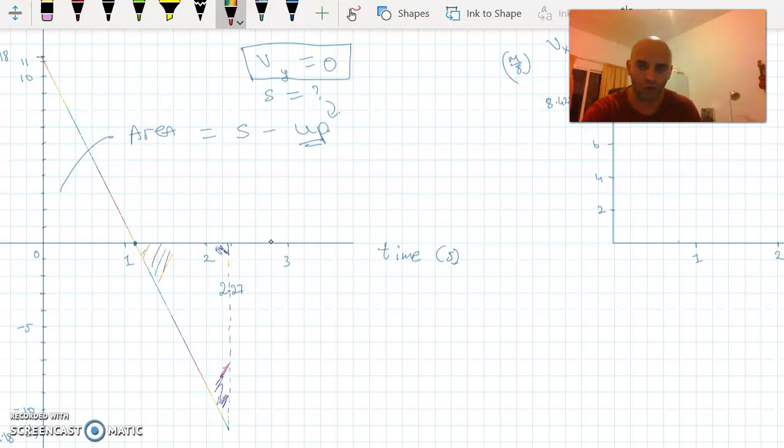Okay, so your eye must always be drawn back to the time axis. So I'm looking at this area, and I'm looking at this area. So this is the area that's going to be coming down, or the displacement down. Now you can kind of tell from the graph that the up area is going to be a positive area, whatever that gives you. I'm not really sure. You can work it out and check yourself. But the down one is going to be a negative one, because you're going to have a negative velocity